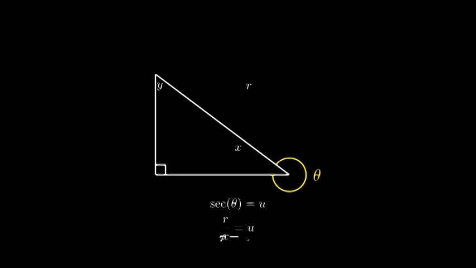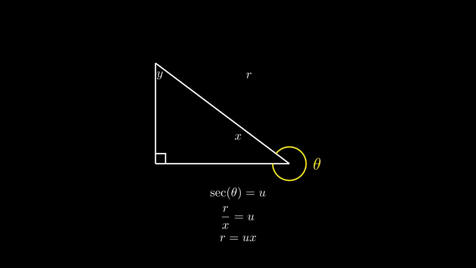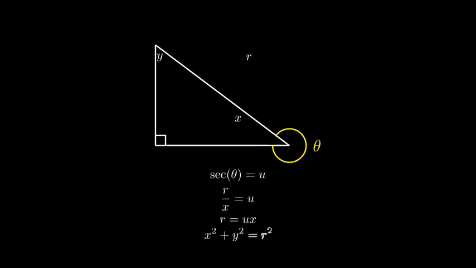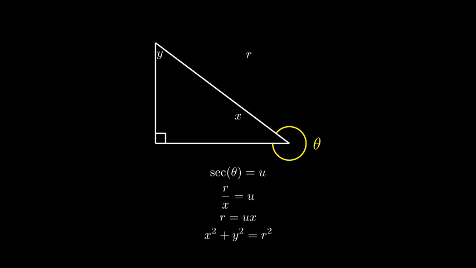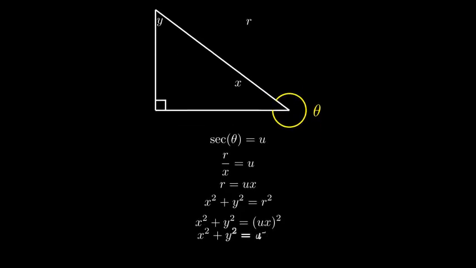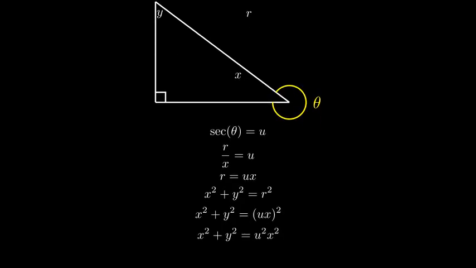Since secant theta equals u, we can write that r over x equals u. This means that r equals u times x. Now we can use the Pythagorean theorem: x squared plus y squared equals r squared. Substituting r equals u times x into the Pythagorean theorem, we get x squared plus y squared equals u squared